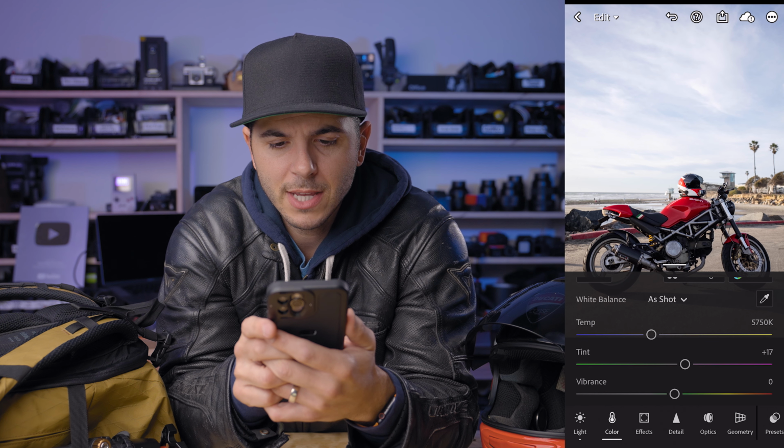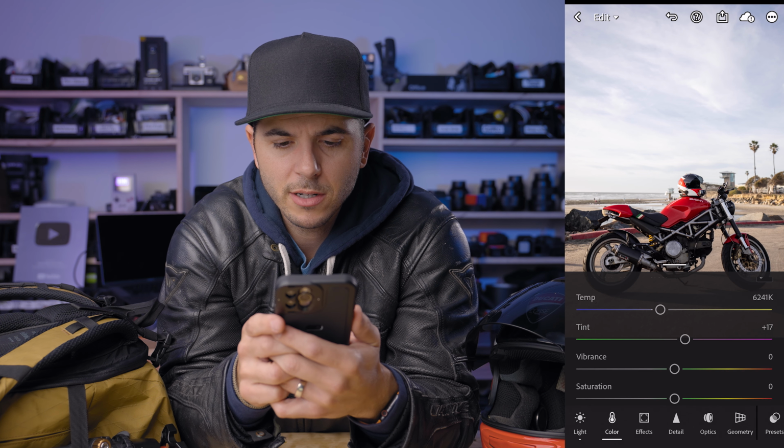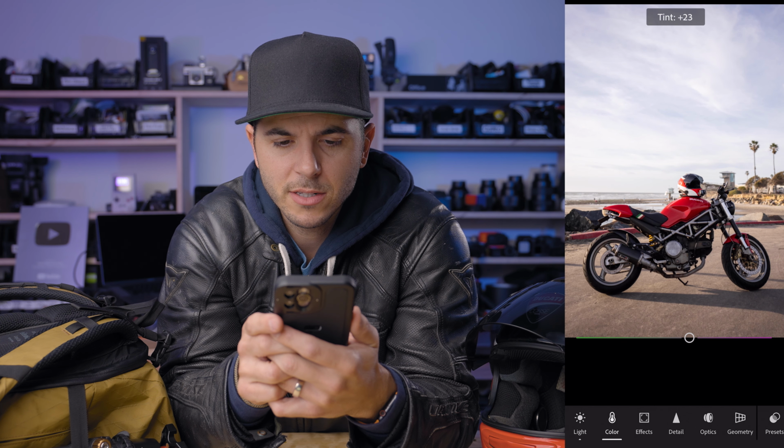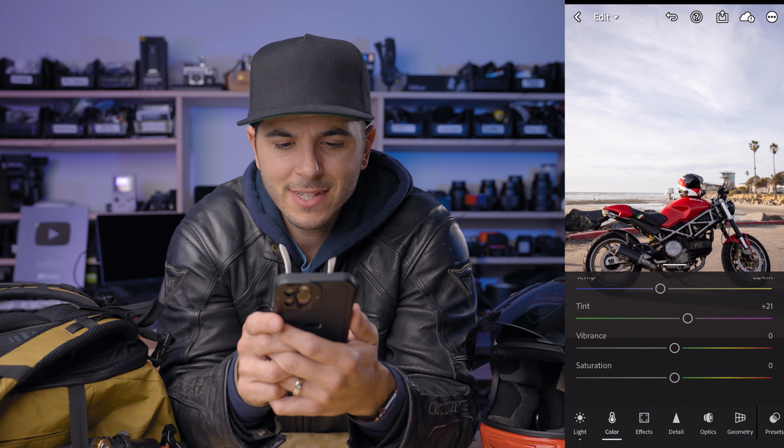All right, so on our temperature, I am gonna bring up our temp just a little bit, just to make it look a little warmer, a little beachier. I wanna bring up the tint just a touch as well, just so it's not looking green at all. And then vibrance and saturation, I